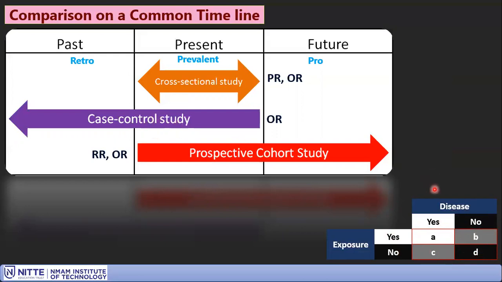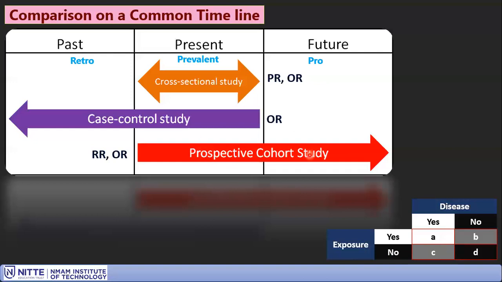Then the case control study starts from here. So case control study is the retrospective design. There the groups are prepared based on the presence and absence of the event or the disease. So one group is prepared where they say yes, another group is no. Then the question is asked whether they have the exposure. Based on that, the disease or event plus group will be assigned to either yes or no for exposure. The event free group, the no event group, will be assigned to B or D based on their answer yes or no. So it is vertical first, then horizontal.